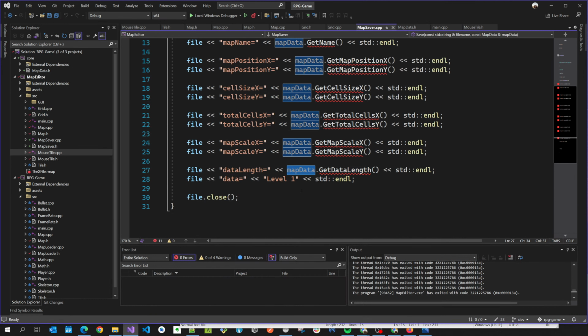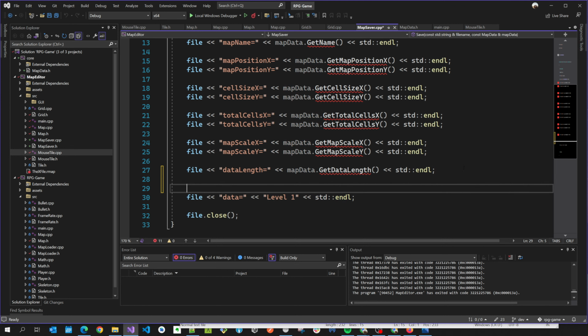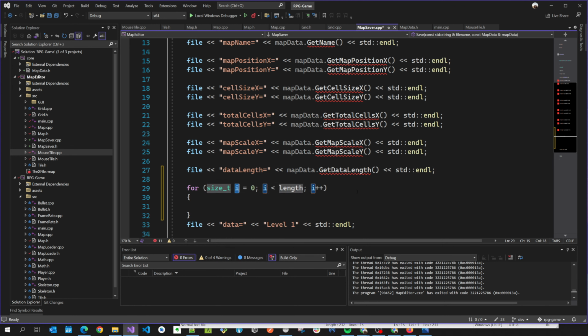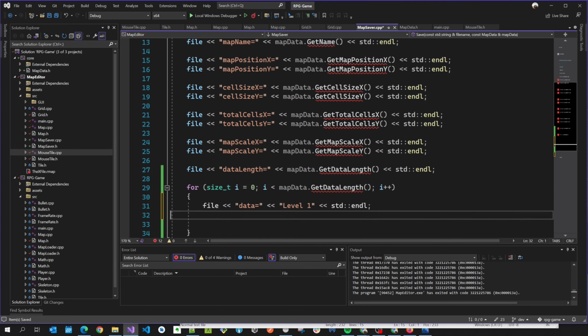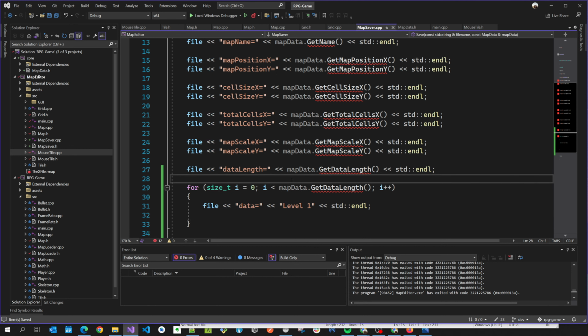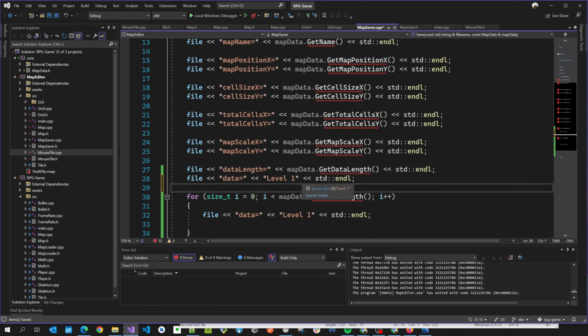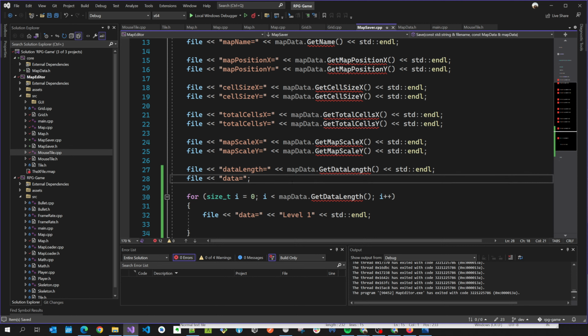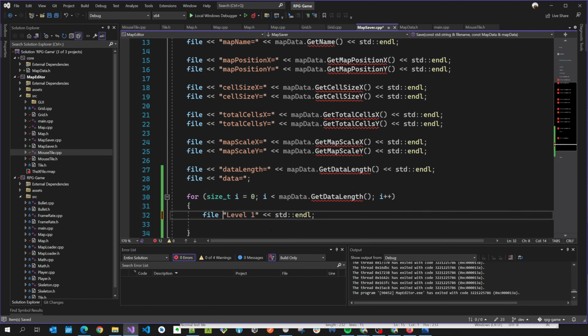So okay. Now we need to actually write the data to a file. To do that, we need the for loop. Okay, and the size of the loop is the data length, however long the length is. So what I want to do is file data. This will only happen at the very beginning. All right, so I'm just gonna write data like this. Okay, and in here I'm gonna start writing